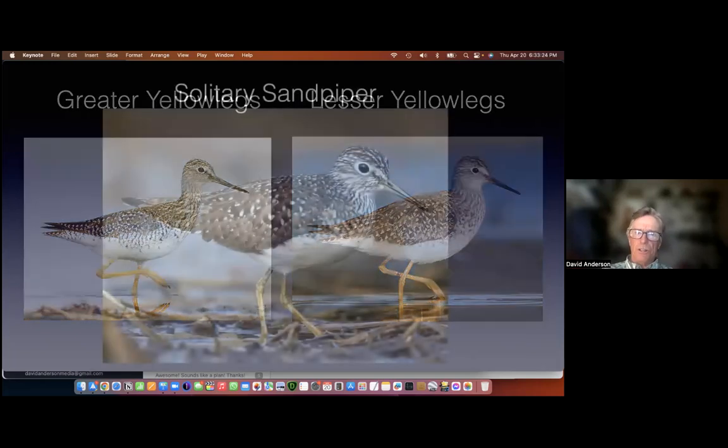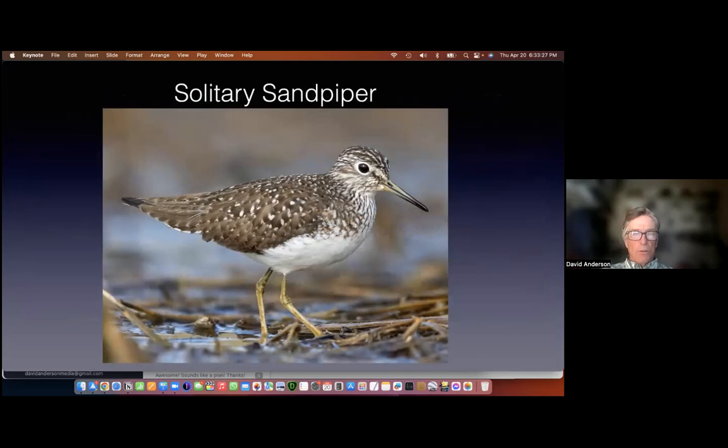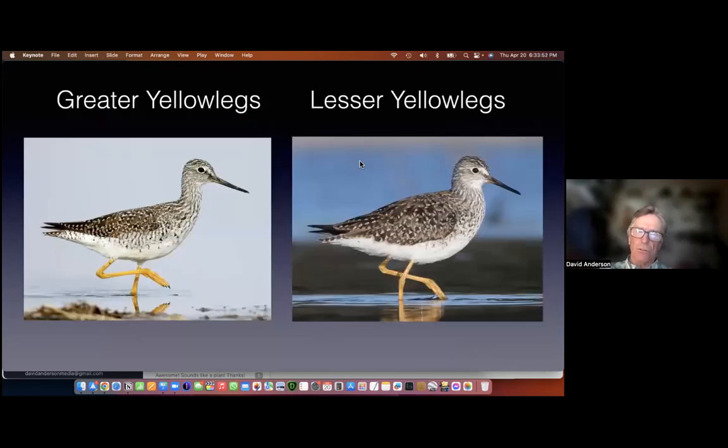So very, very different. Okay, another one that looks a little bit like the lesser or greater yellowlegs is the solitary sandpiper. The one thing the solitary sandpiper has is much more white coloring on the breast, spots on the back, but it has this very bold eye ring. If you look at the lesser and greater, they also have eye rings, but they're not nearly as bold